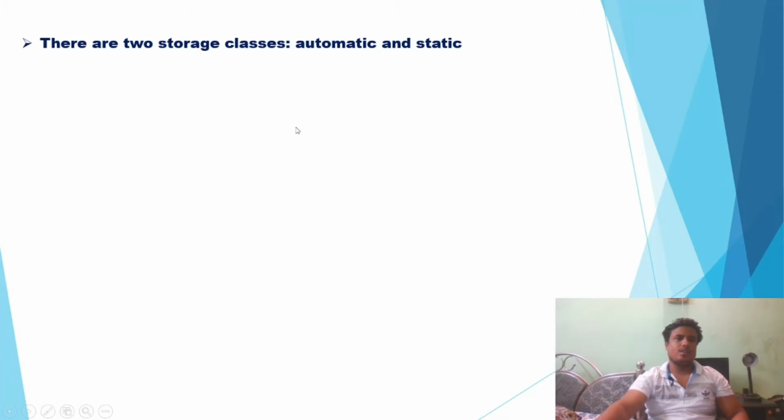There are two types of storage class which I will discuss: automatic and static. Remember this point about what storage class does. We have seen in the last slide that storage class defines the lifetime of the identifier object. Lifetime means the scope of the variable, for how much time the variable is going to stay alive in the program, the system, or the entire block. So these are the two types: automatic and static.